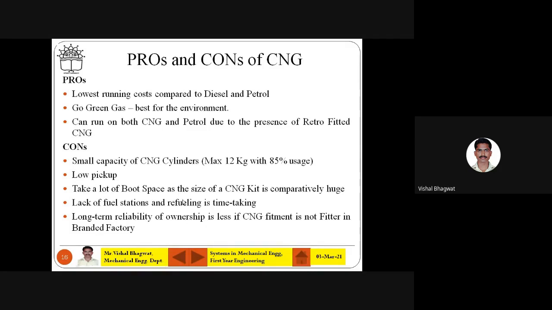So this I have taken from the internet. Like I said, you have to search something about the advantages of CNG. But yes, I should tell it here. So this is the reference for this, and again you can search a little bit about CNG, how it works and all. You can see a YouTube video.